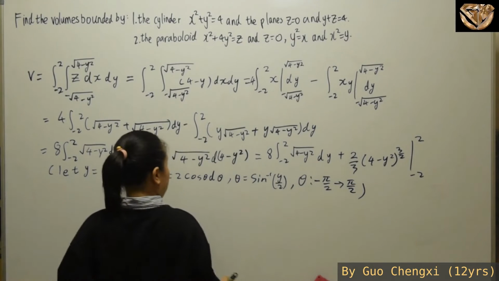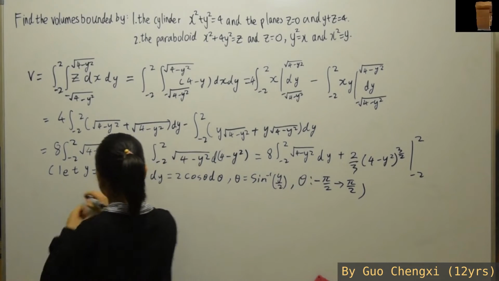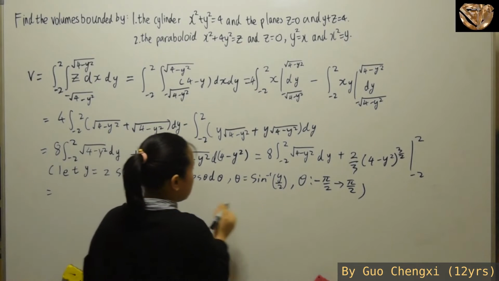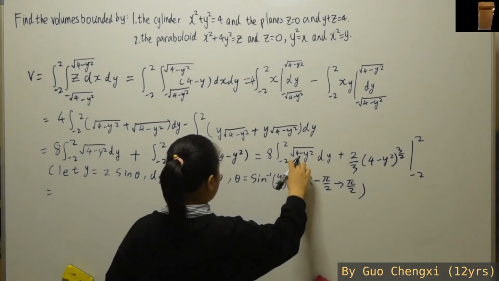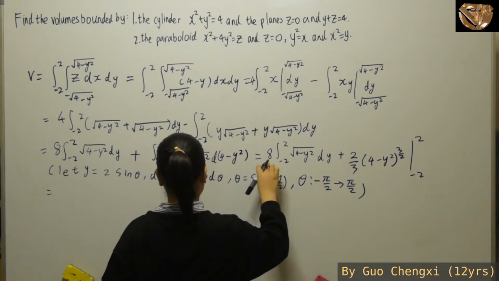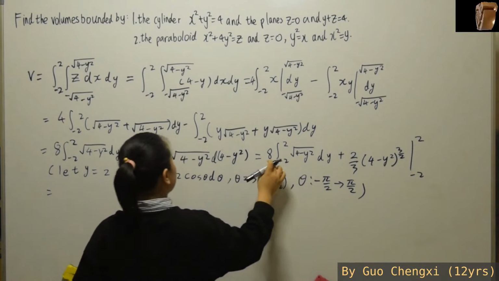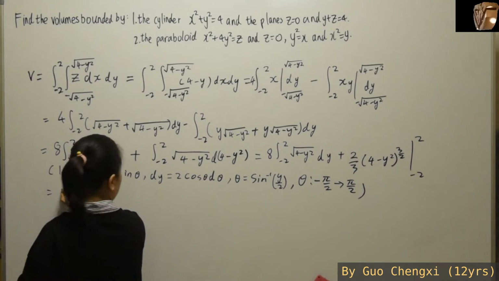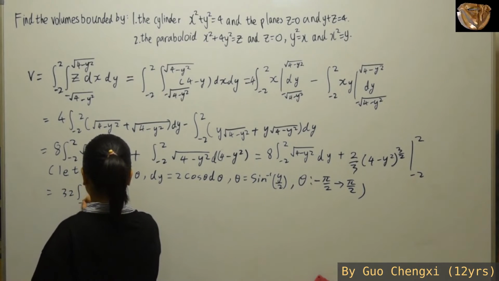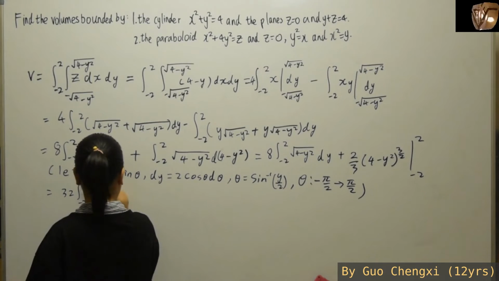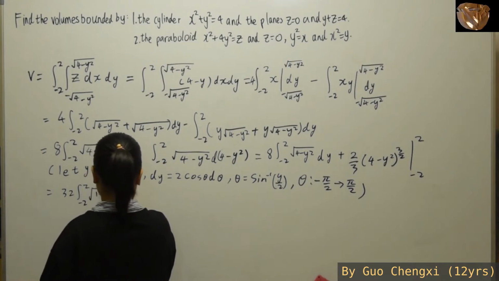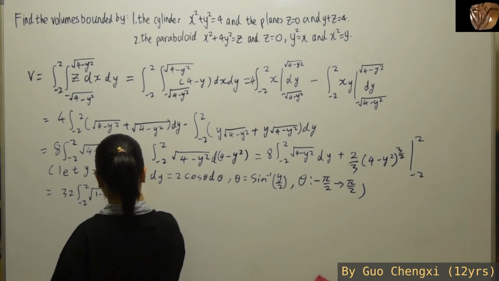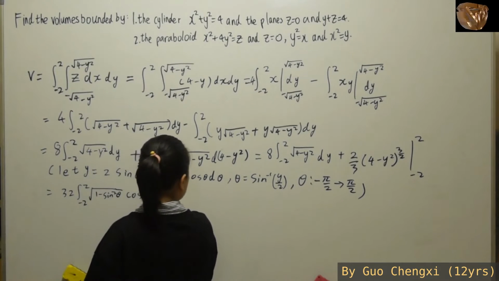And what do we have here now? So over here what we're going to have is, you have a 2 taken out from the square root part, which is 16. Then you have another 2 from the dy. So you're going to have a 32 from negative 2 to 2 square root 1 minus sine square theta cosine theta d